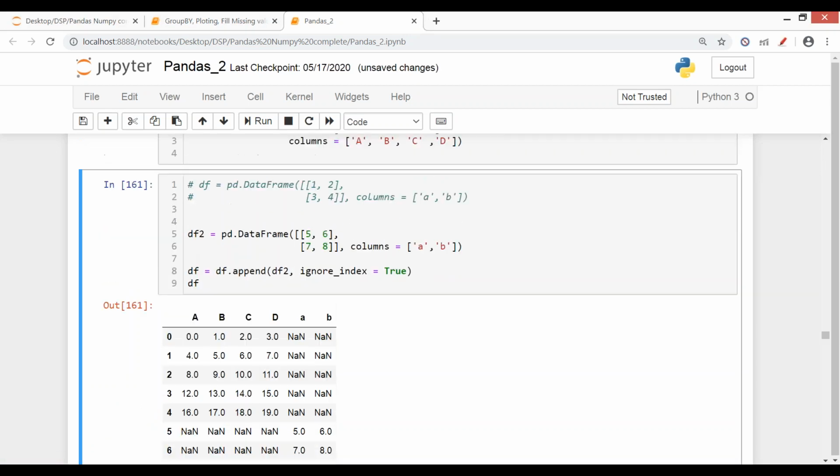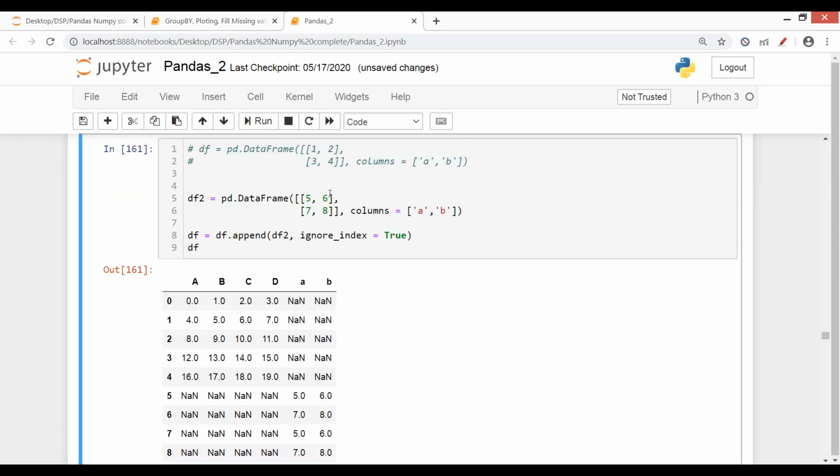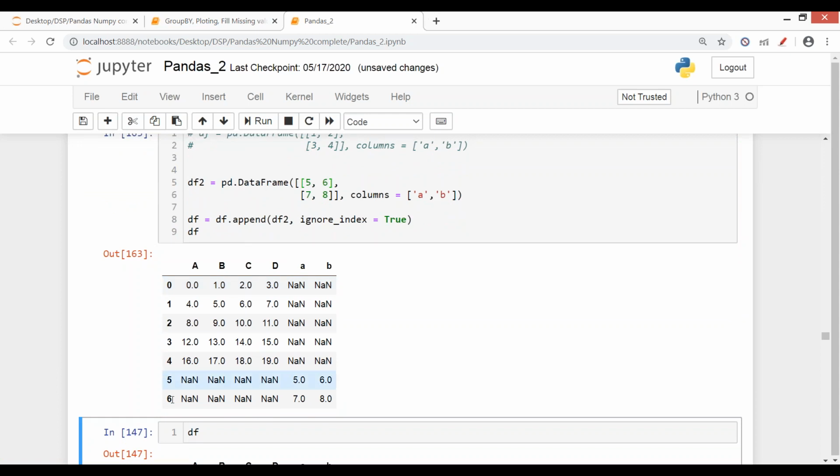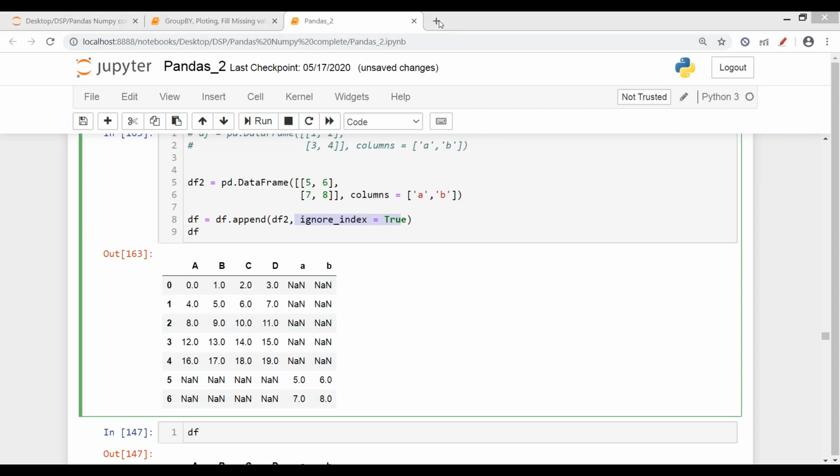Okay. Let me run this command data frame again. So this is my data frame. When I run it, now you see the index are continuous values 0 से लेके 6. If I would have not done this ignore index, then the index would have been 0, 1, और जो data frame DF के indexes थे 11, वो they would have been the same here. But now the indexes are continuous values because of this command, ignore index is equals to true. इससे all the values are clubbed together.